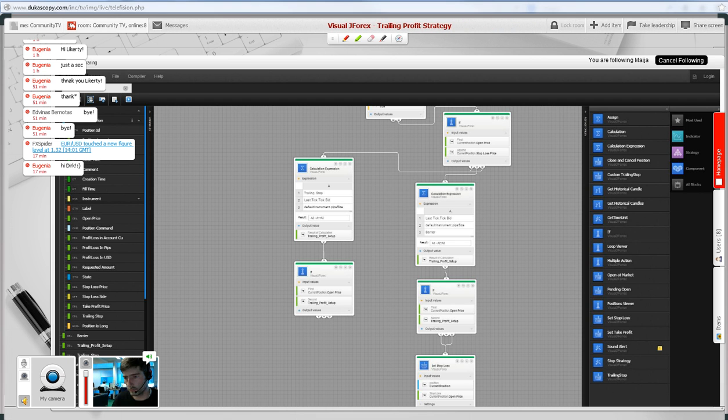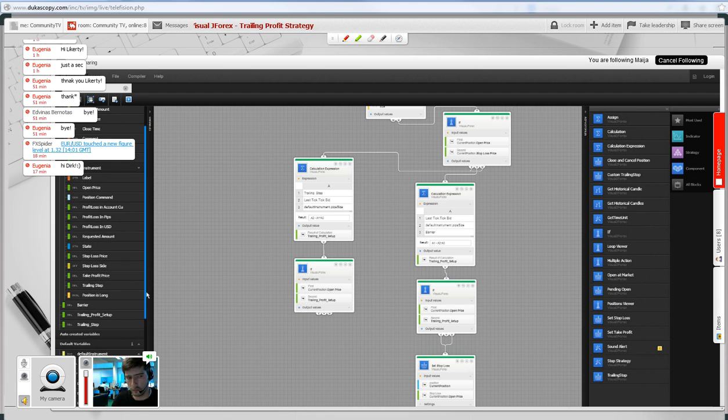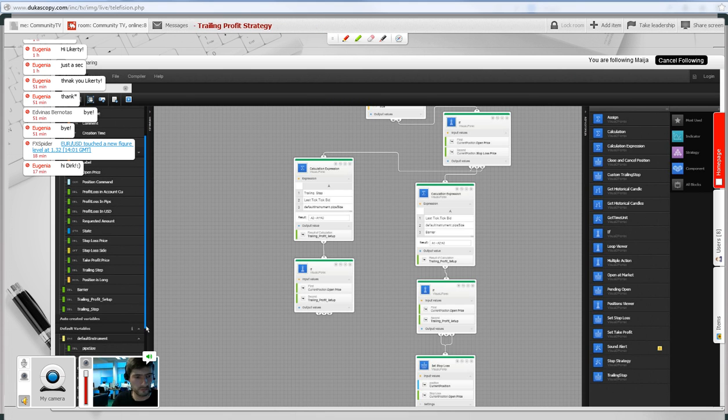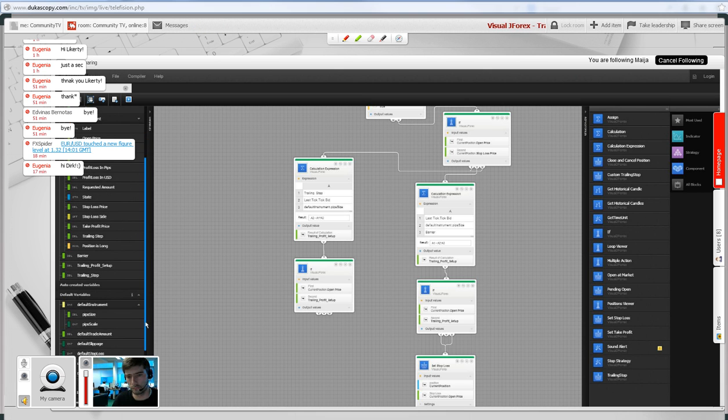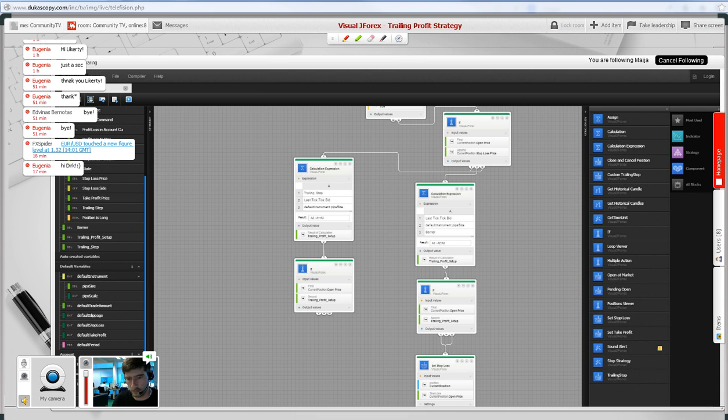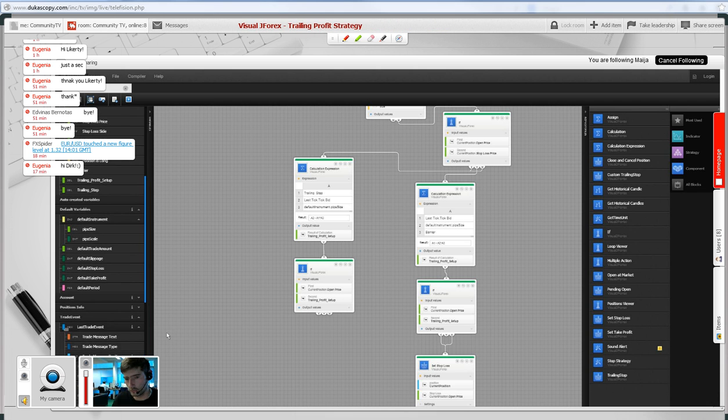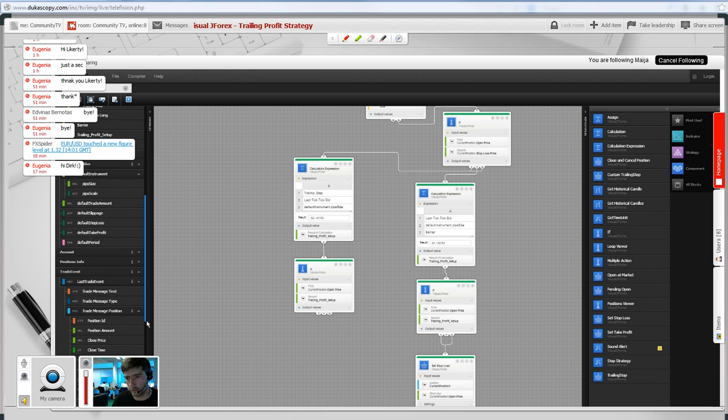You take from last trade event, because we want to have the last stop loss price or the current stop loss price of the current position. Take trade event, last trade event, trade message position, stop loss. Oh, I'm sorry. First we have to create block,